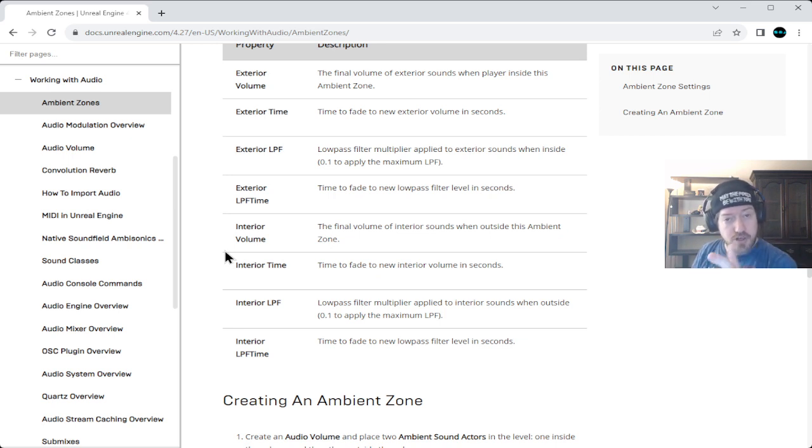Obviously, it's a library, you're told to be quiet, but you still hear the outside. Then you leave the library and you don't hear anything inside it because it's completely quiet. So the interior volume might be completely zero, so that when you're outside of it, you don't hear anything going on inside.